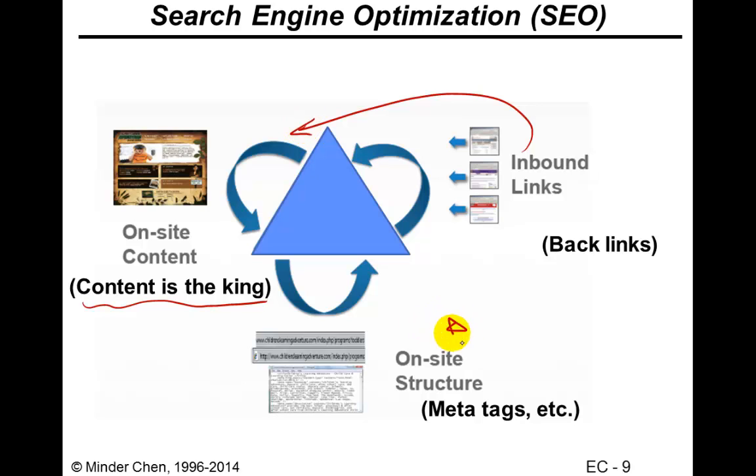Another important aspect is just to make sure you structure your website properly, putting in the right tags, the right meta tags. For instance, when you have an image, you use IMG, and there's an attribute called ALT, which is alternative text. If you fully describe your image clearly with the right keywords, it actually improves your ranking.